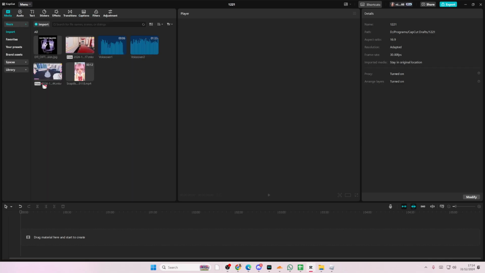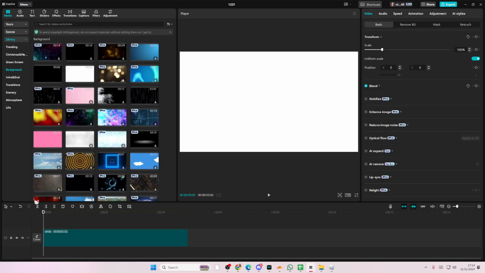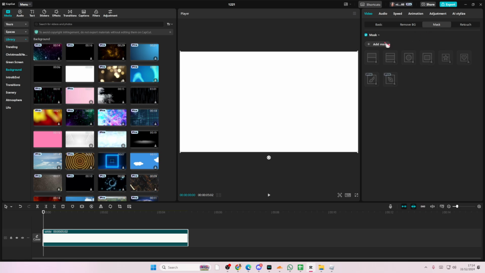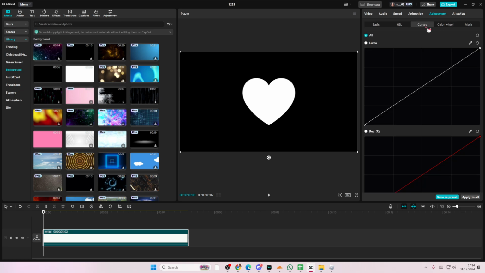In this video, I'll be showing you guys how you can add shapes on CapCut PC in seconds. So if you're going to add in another colored shape, you can just go to background and select the white one, and then go to mask and then select the shape you want, and then you can change it in adjustments like the colors and